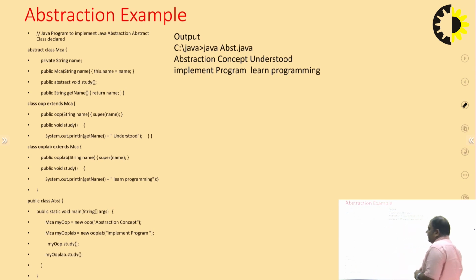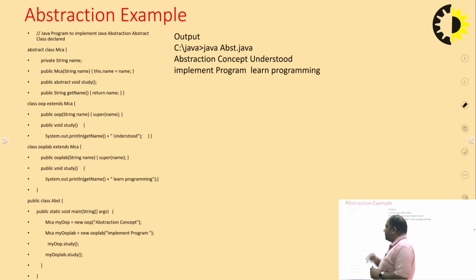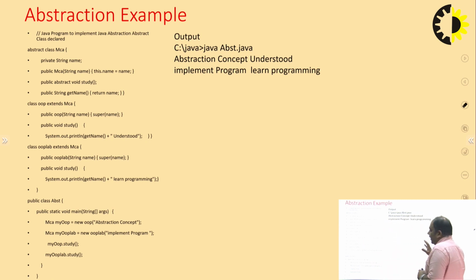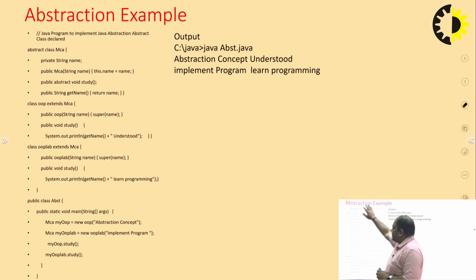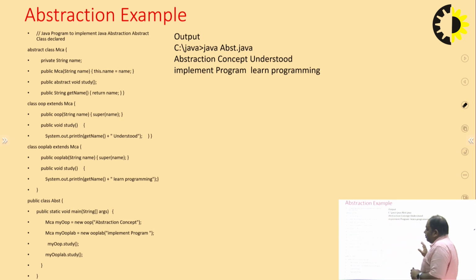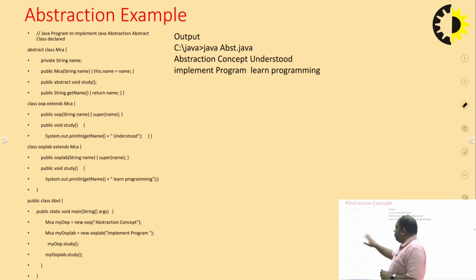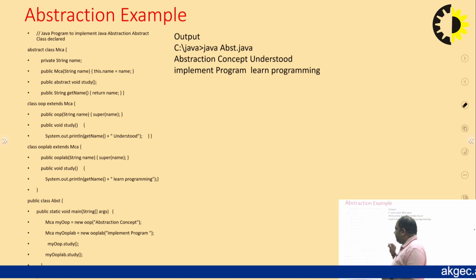In the MCA class, what it extends is, one thing we study OOPs, and another we study OOPs lab. So in this abstract class we give two more classes, which are OOP and OOP lab, and we give some value to OOP, understood. And in MCA lab, what we are trying to say is what study is returning,